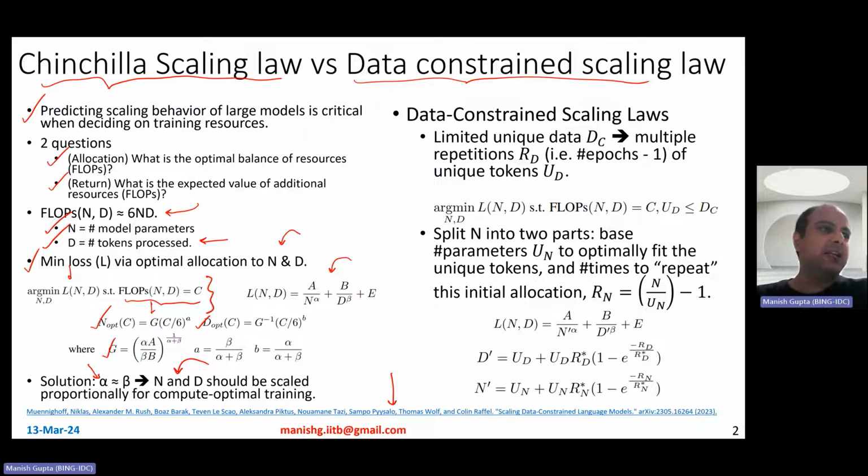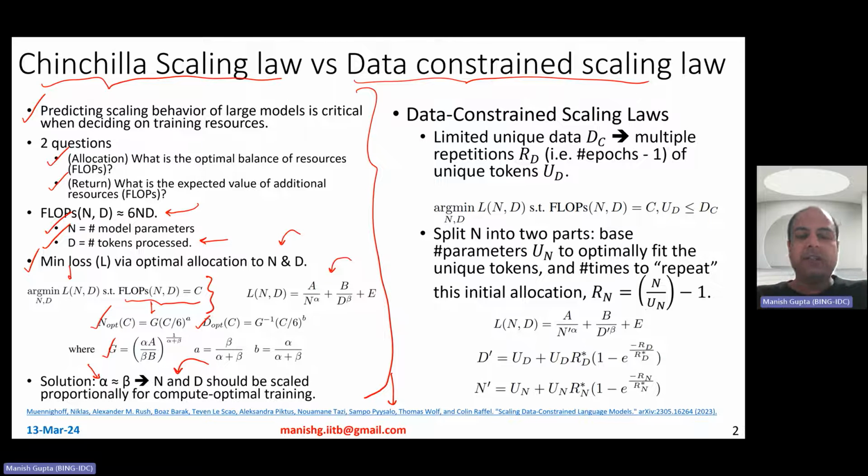Which basically meant that if you're scaling your pre-training data 2x, or you're increasing the model size in terms of number of parameters 2x, you would get a similar kind of effect in terms of the loss that you can obtain at the end of the training. So, a nice, decent story, but this story basically made sense when you had pre-training data that was consumed for only one epoch, in the sense that you would not look at the data again. So there was no repetition in the pre-training data.